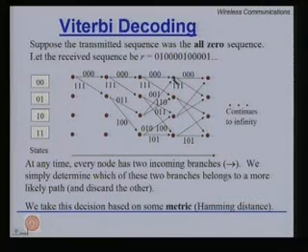So, at each node we take a decision. For example, look at this node, there are two branches coming into this node. Clearly, only one will be correct. If we have a metric, a measure to find out which is the more likely candidate, we only retain that and discard the other one. Thereby, we prune the search logically and optimally. This is based on the philosophy of dynamic programming, where you divide the problem into subparts and each subpart is optimally solved, so that the overall solution is optimal.